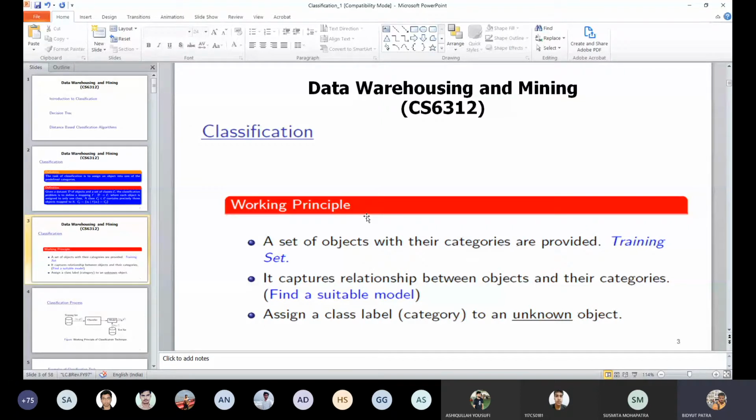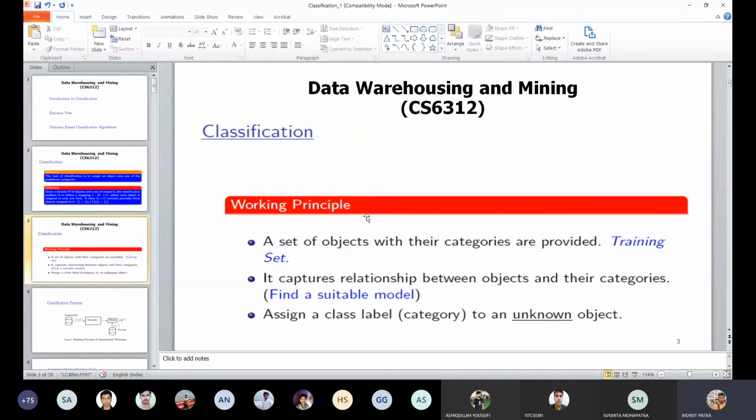He is a postgraduate student. So for this information, we should have a category, and then information about the student must be there. That is the first task. And commonly this is called the training set, wherever we know about the objects and which category these objects belong to. If we have this information, that is what we say is the training set.